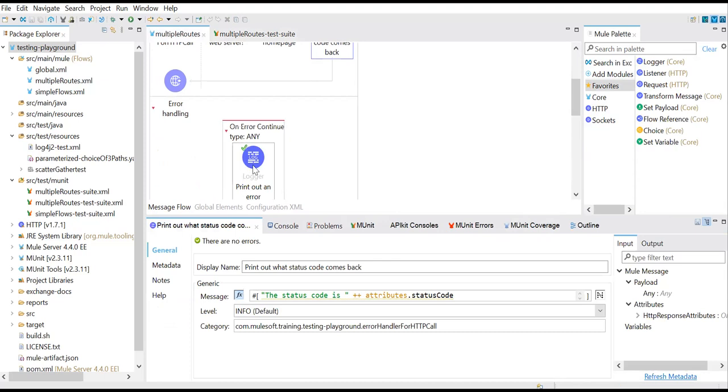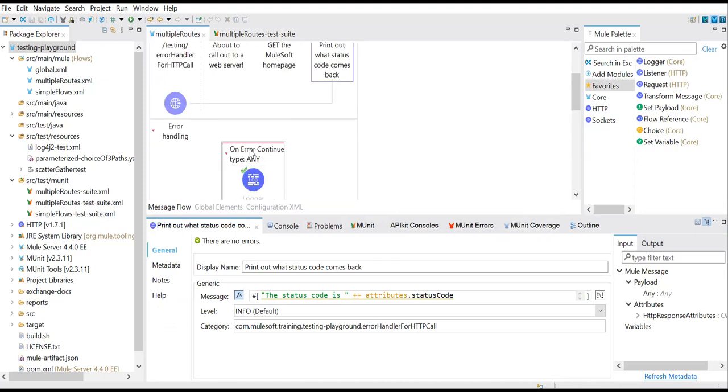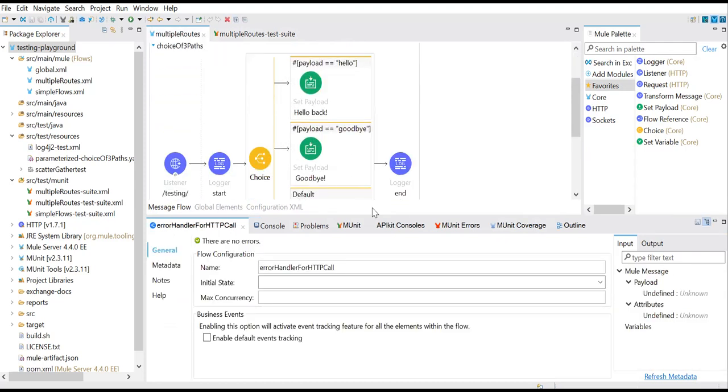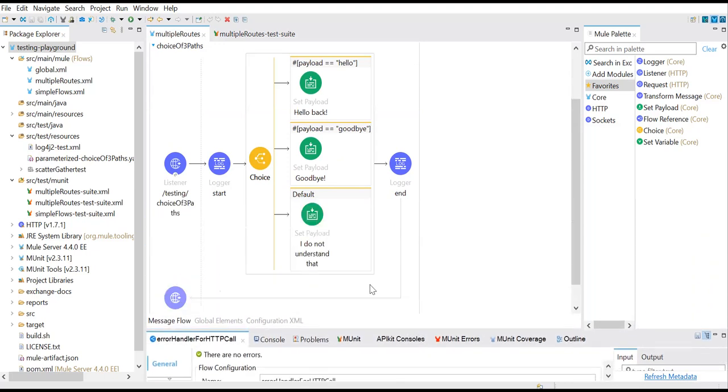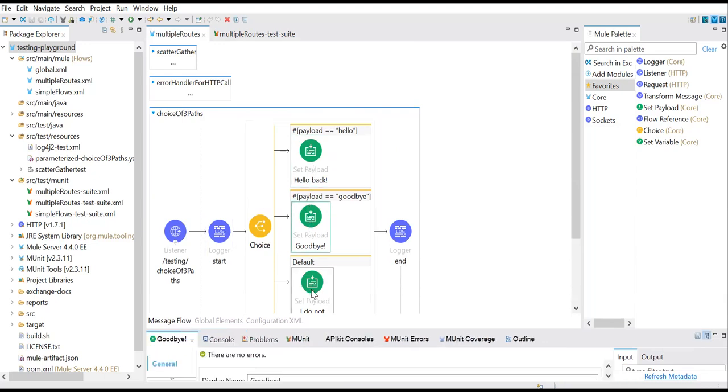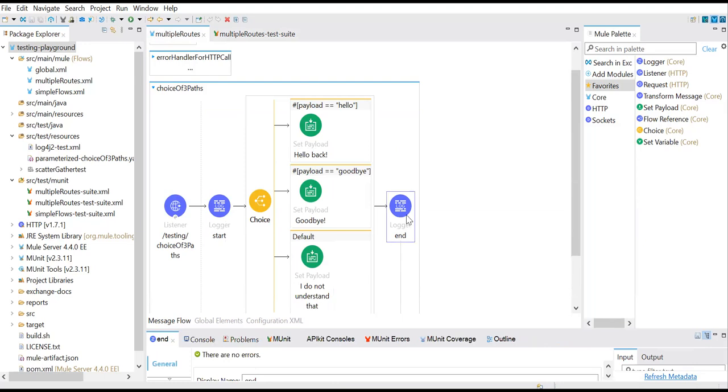See, this guy is triggered now. Okay, my scatter gather is done. This guy is done. Now look at this guy. This is a choice router. Now if I want to cover this processor, this processor, this processor, this processor, this processor, actually I need